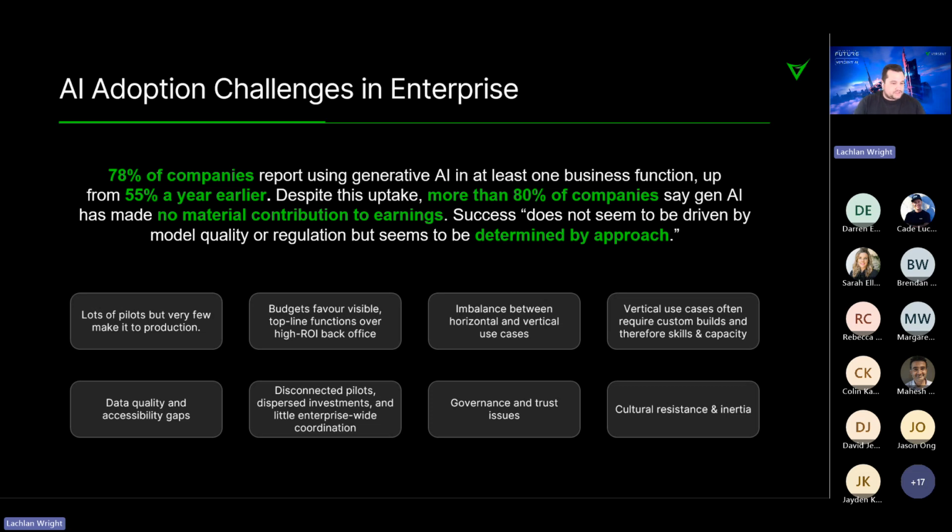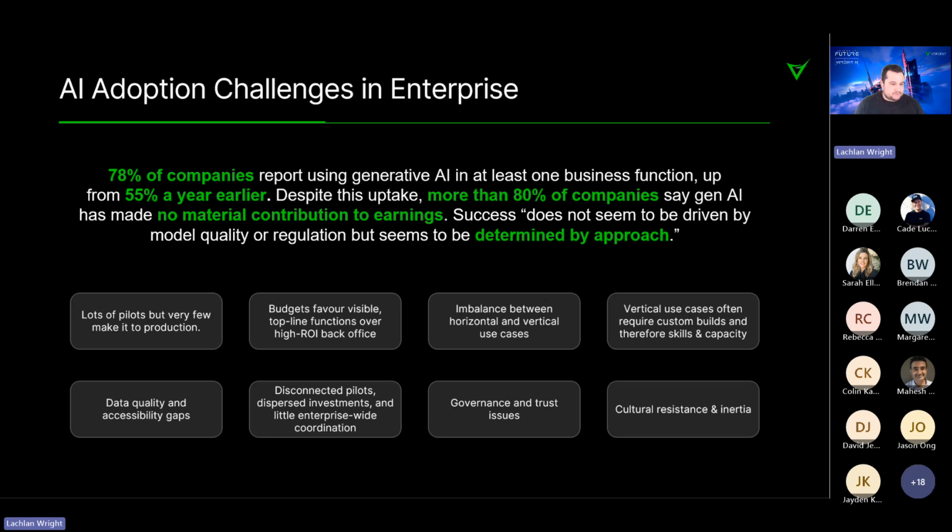So to start with, what are some of the challenges that you face as an enterprise trying to adopt generative and agentic AI? There's a couple of things there that we'll go through in a minute, but there are some really interesting statistics that come out of McKinsey and MIT and some of the reports they've done that tell a fairly intriguing narrative around where things are going wrong from an enterprise perspective.